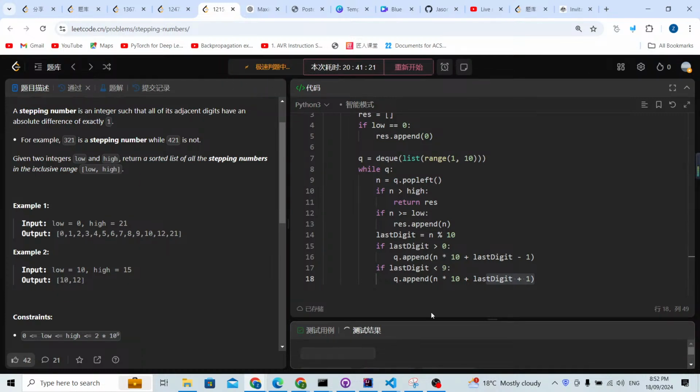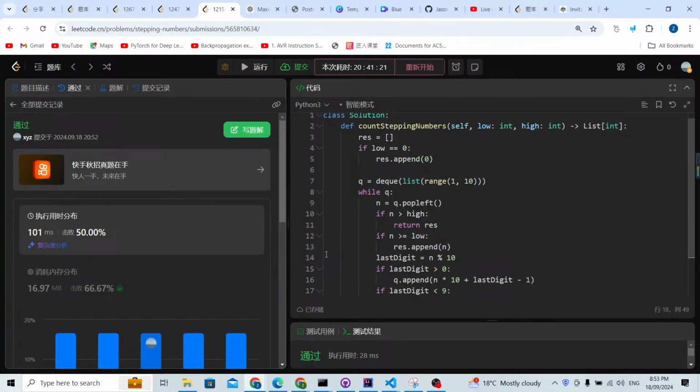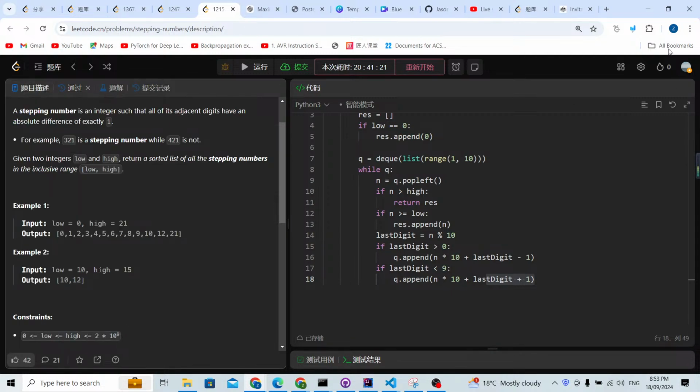So I think everything should be okay. Now let me just run it to check. As you can see, it works. Now let me just submit it. As you can see, it passed all testing cases, and it's pretty fast because the time complexity, as I explained earlier,